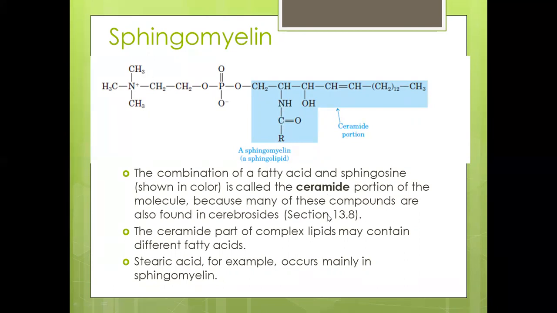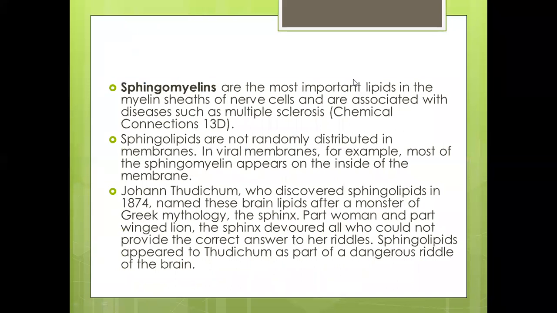Many of these compounds are also found in cerebrosides. The ceramide part of the complex may contain different fatty acids. You may have different R groups of fatty acids here. Stearic acid, for example, occurs mainly in sphingomyelin structure. The sphingomyelins are the most important lipids in the myelin sheaths of nerve cells and are associated with disease